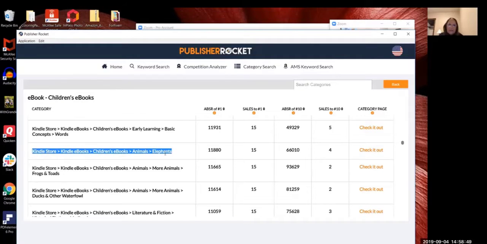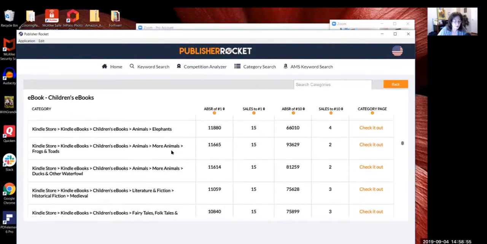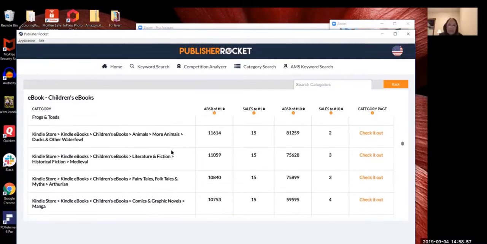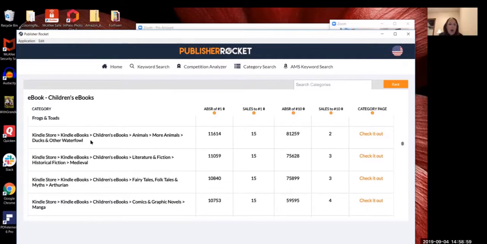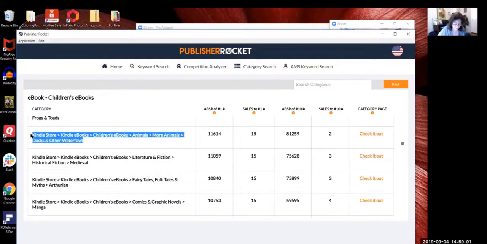This category of elephants being so easy to rank in. So for people that have elephant books, frogs and toad books. Oh, more, look, ducks and waterfowl. That fits my loons, so I'm going to put that up there. And we'll, let's see. And this is Arthurian, which is